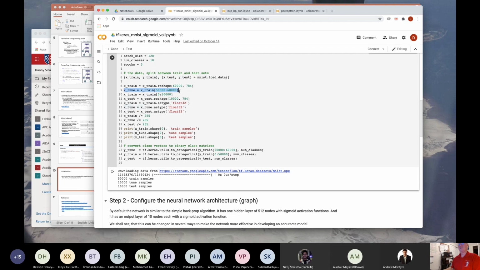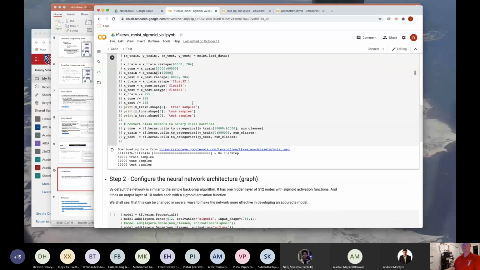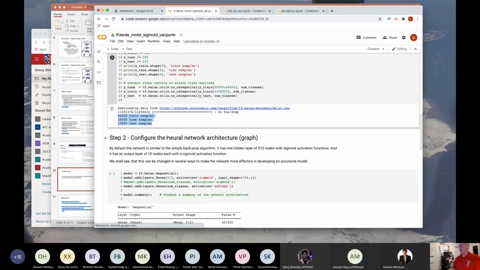Oh, I see. I think I've cut down the training set a little bit just so it doesn't take so long. That's what's going on here. So right down here, it tells us the truth. We have 50,000 in the training set, 10,000 in the tuning set, and 10,000 in the test set. So that's how we've carved up the data.